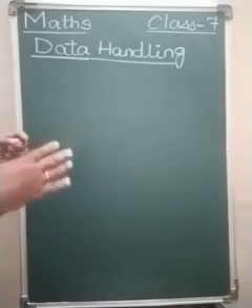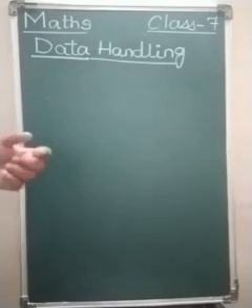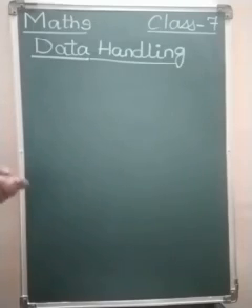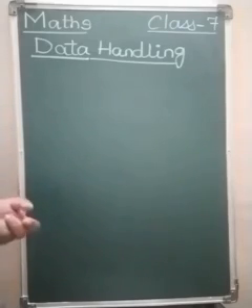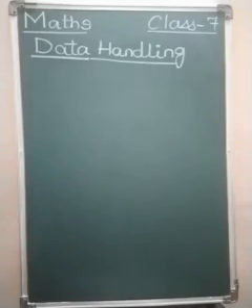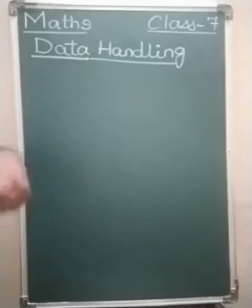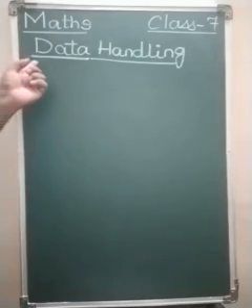In your 6th standard, you have learned how to collect the data, how to organize the data. This year also, you will see how the data is to be collected and how it is to be organized. And this year, you are going to learn about some representative values regarding the data.